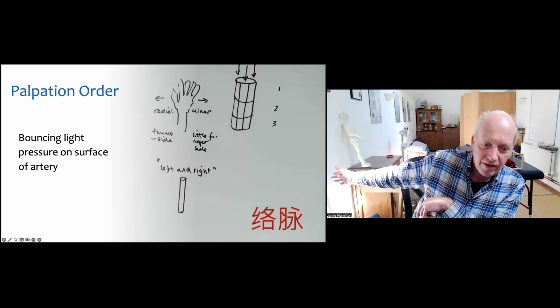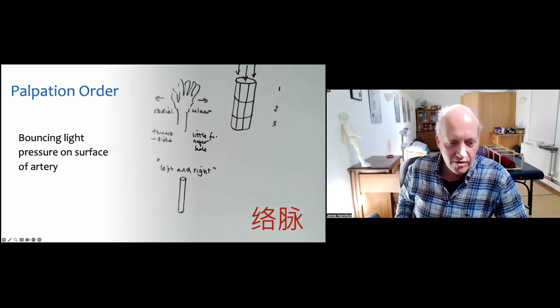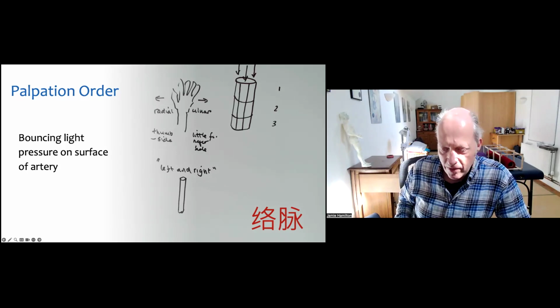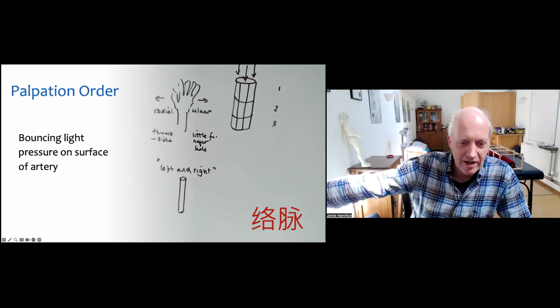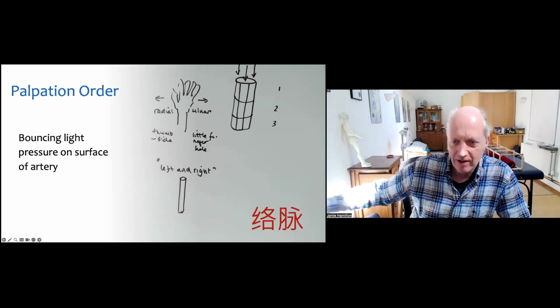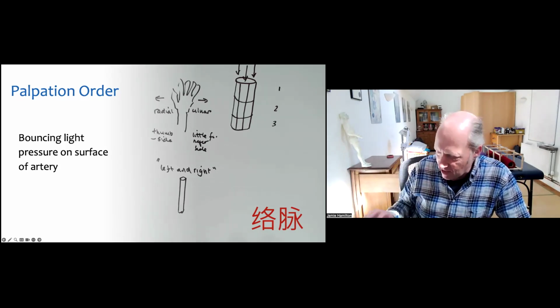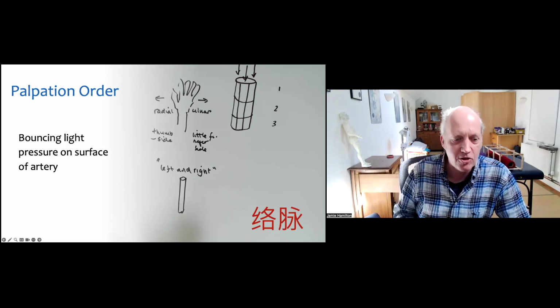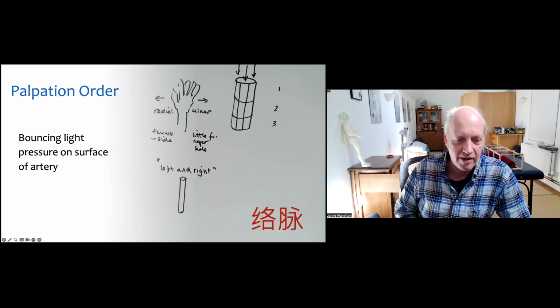So it might be that they only had one arm they could use at some point. I can imagine even these tales of doctors being called in to treat the wife of the emperor, and they have to stick the arm out through a screen to do the diagnosis. So this might have been thought, let's try and get a diagnosis even from one hand, not even using two hands. Okay, so there's a possibility we're only talking about diagnosis of everything on one arm only.